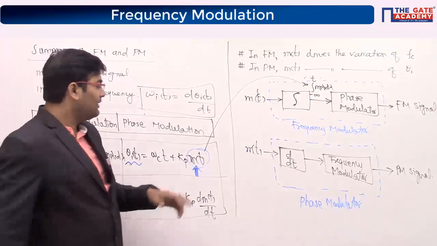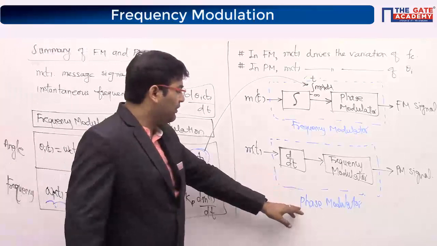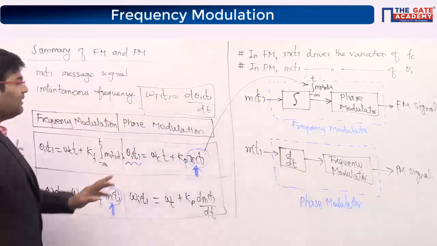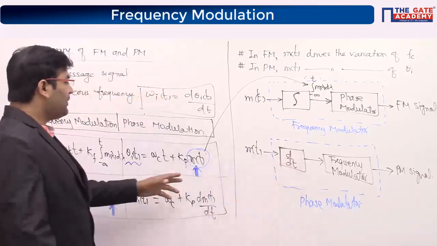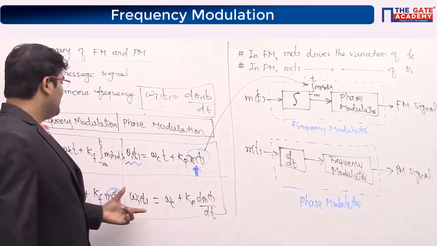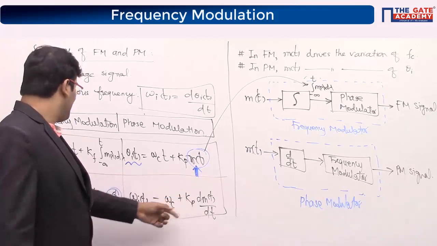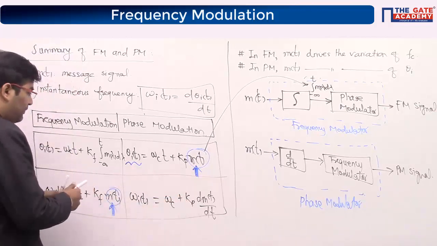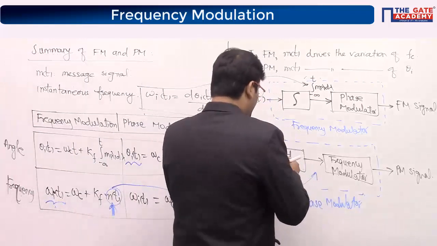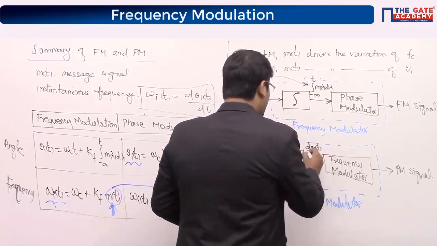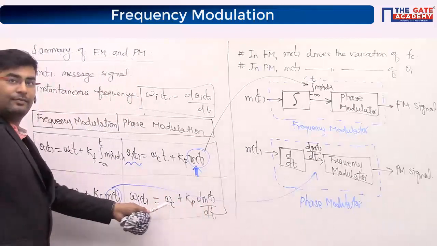Yes? Very good. Similarly, if I take the frequency modulator, I have already done differentiation of m of t, so it will become dm of t by dt, and then you are putting it in the frequency modulator. Isn't it? See, it is similar to this. Omega c plus k f, replace this with this term, which I am now writing as dm of t by dt. If I replace so, it will be equal to this.